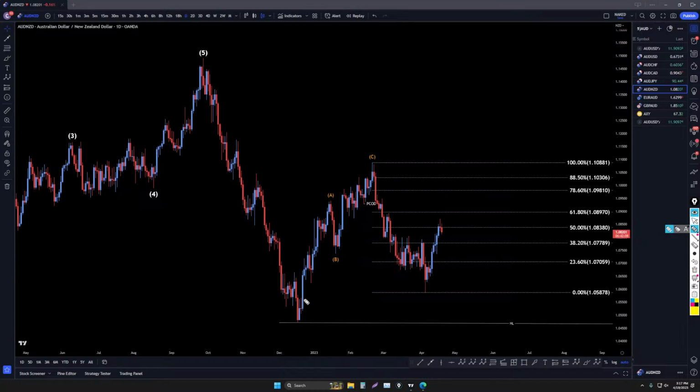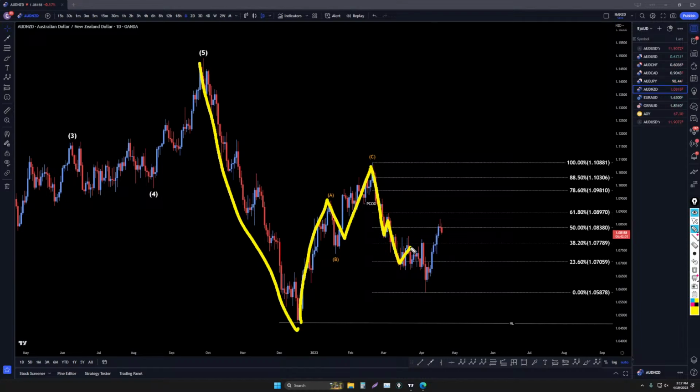So to me, this definitely looks like an ABC to this whole last downtrend. And this definitely looks to me like a trend down. That means that this move up is probably going to be a correction to this move down. This is probably an A. We're probably going to go down now and make a B, and then we're probably going to go up and make a C, probably back to the 61.8 or maybe the 78.6 before it makes an impulsive move down and